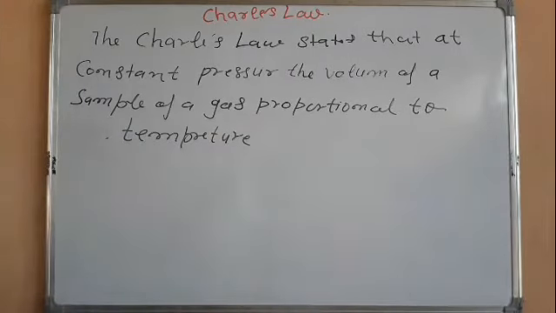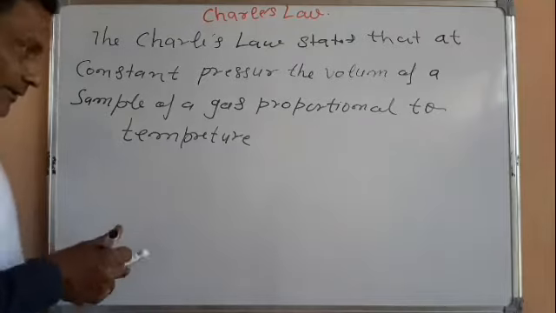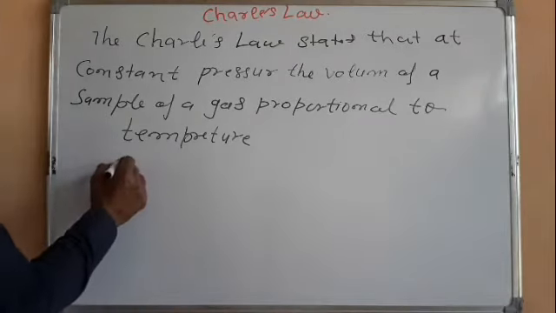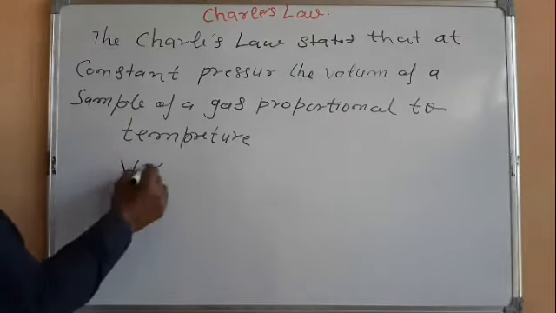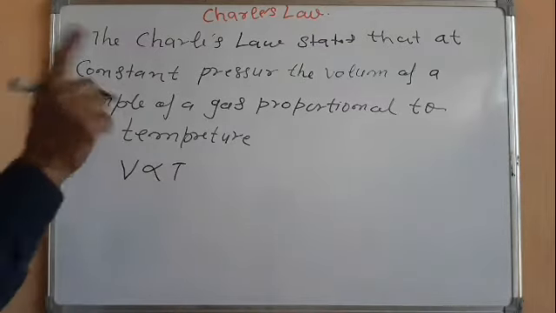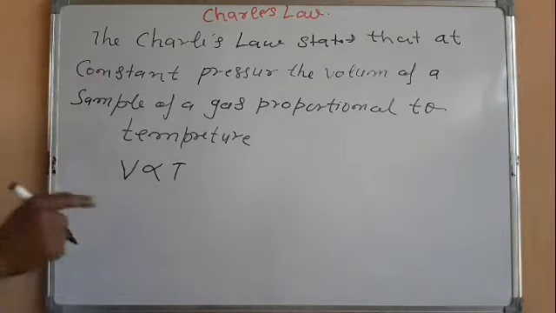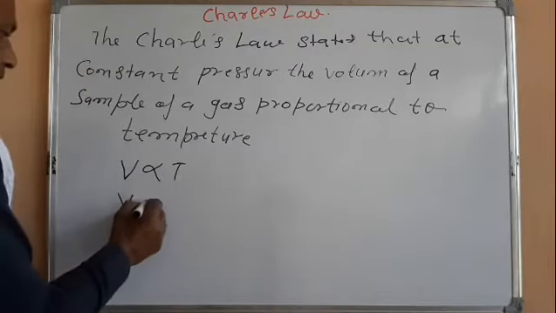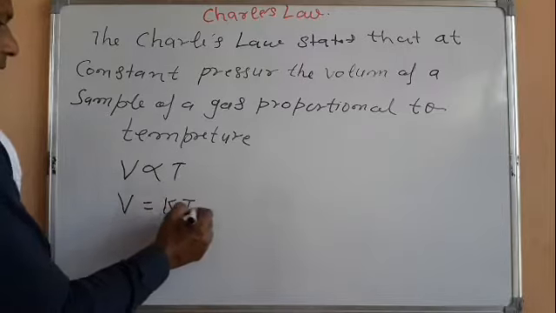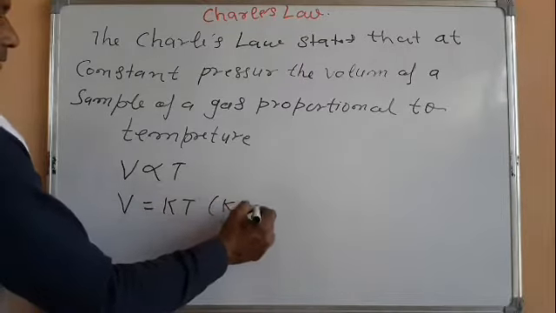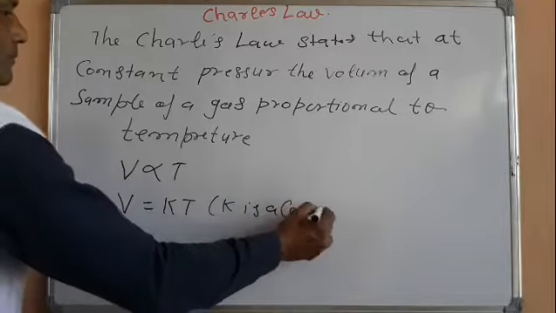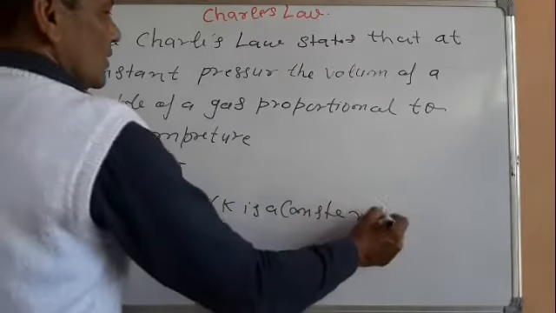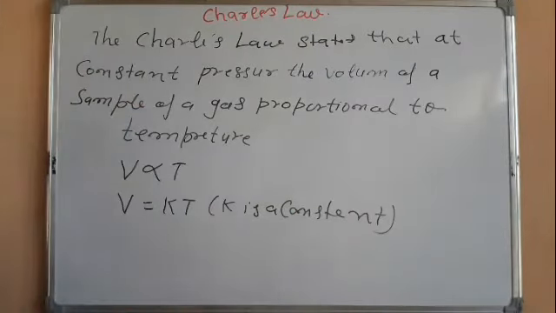This is called चार्ल्स लॉ। सो स्टूडेंट देखिए, अगर हम इसकी बात करें तो इसमें ये जो वॉल्यूम है प्रोपोर्शनल टू टी, डायरेक्टली प्रोपोर्शनल टू टेम्परेचर ऑफ द गैस, देन V is equal to K T. K is a constant.